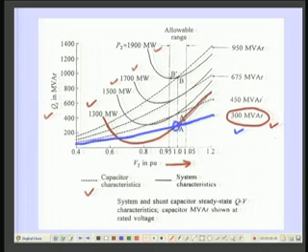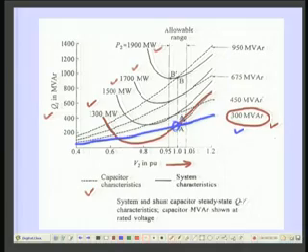The reason is that suppose you deviate slightly from this point and come to this point. To stay at this point, it will require more reactive power, while the shunt capacitor is supplying less reactive power. Therefore, it will move and come back to A. However, if you take this other point, then this is not a stable point. This can be examined.